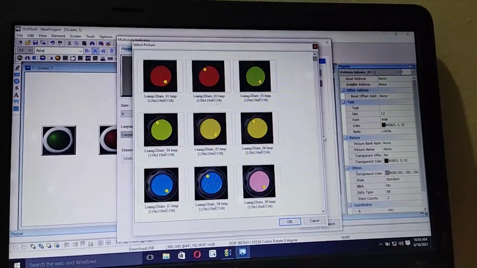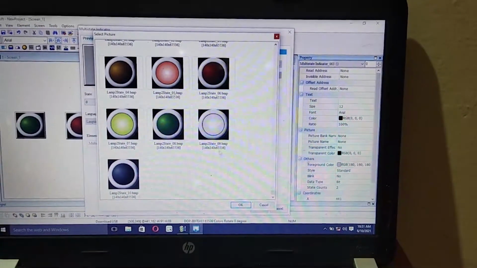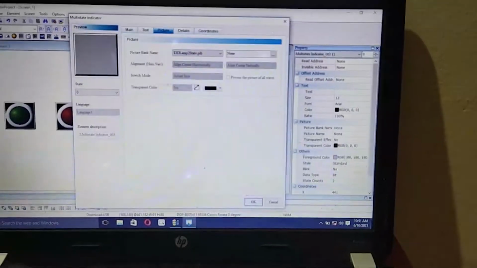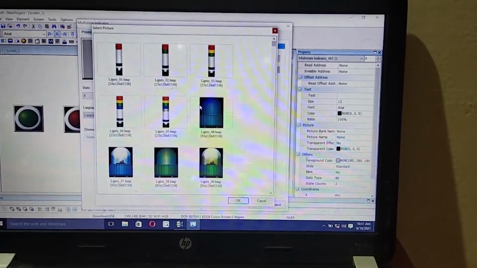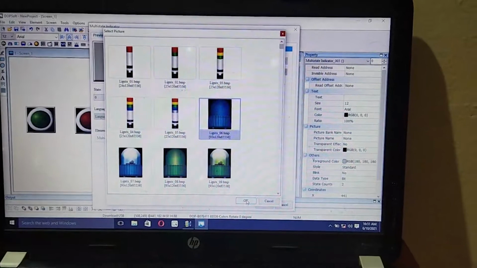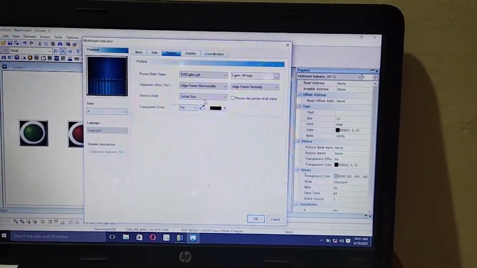I'm using this. Okay. So now I'm using the pictures for the output. I give this as an output lamp.